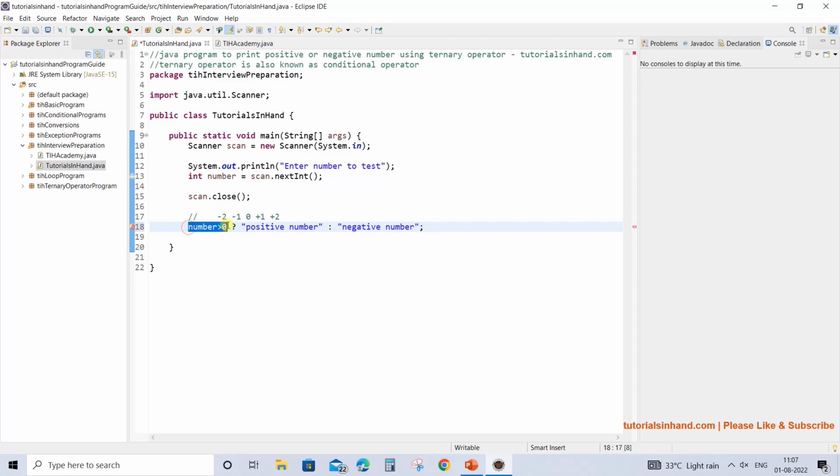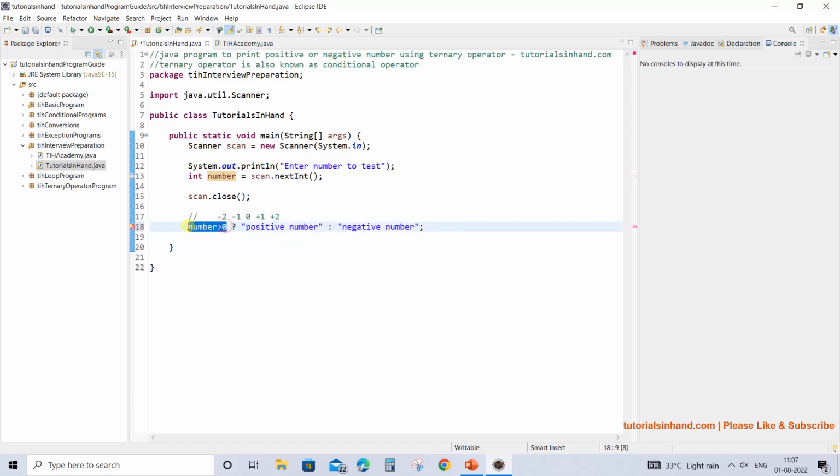If the number is greater than 0, then it is positive, and if the number is less than 0, then it will be false, and if it is false, then the statement which is after the colon is going to get executed, right?